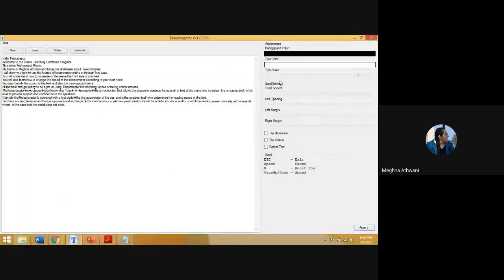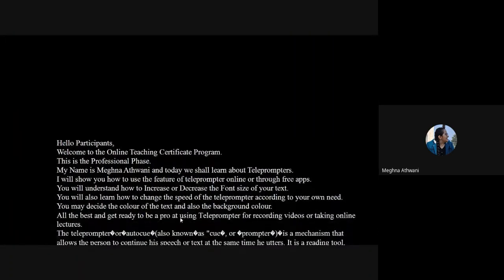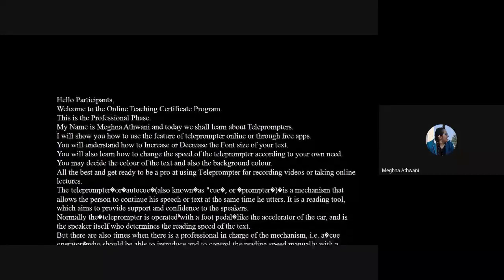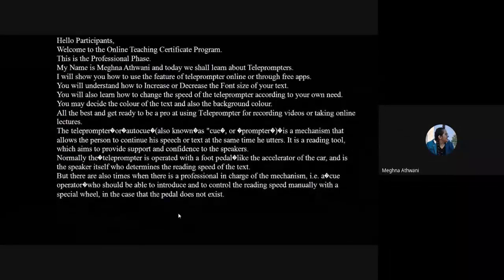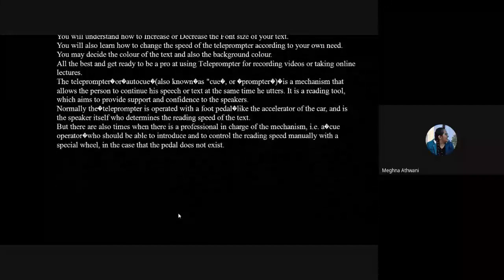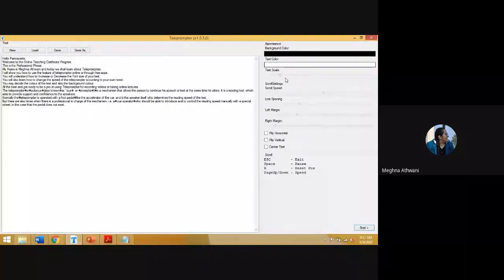But you can change the size from here, text scale. I decreased it. Now I will play it. See, small. You want to pause it, press the space bar, it stopped. You want to play it again, press the space bar. Okay. From here, you can change your text scale. I hope this arrow is visible. So you have to play again and again and see which size of the text is suitable for you.